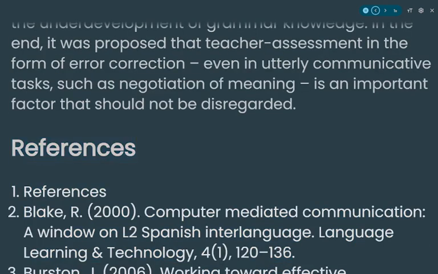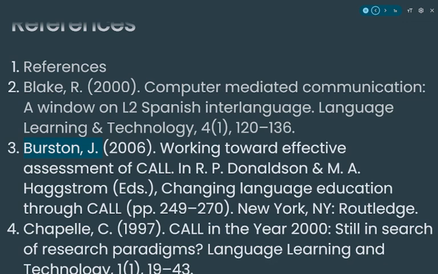References. 1. References. 2. Blake, R. 2000. Computer-mediated communication. A window on L2 Spanish interlanguage. Language Learning and Technology, 4(1), 120-136. 3. Burston, J. 2006. Working